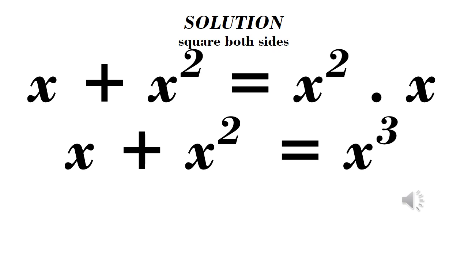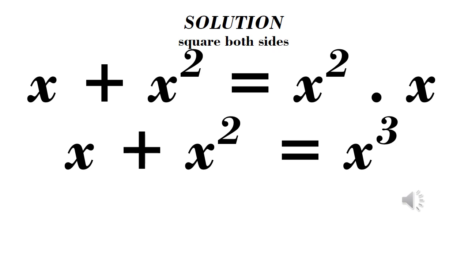Now, if we find the square of both sides, we arrive at the square of square root x, which will be x because the square root will cancel the square, plus the square of x, which is x squared, equals the square of x, which is x squared, also times the square root of x squared, which equals x. That will now give us x plus x squared